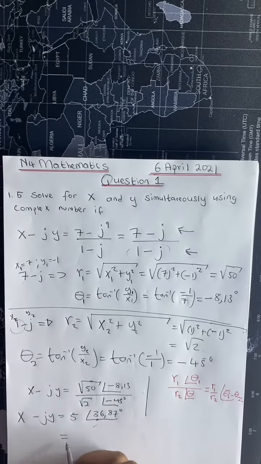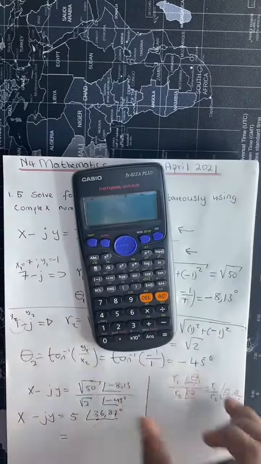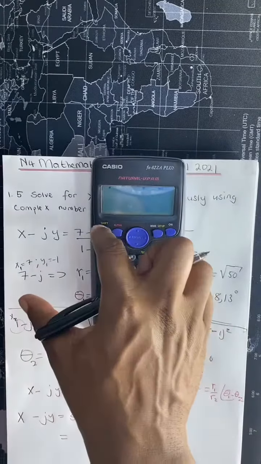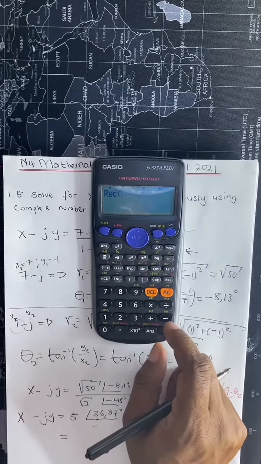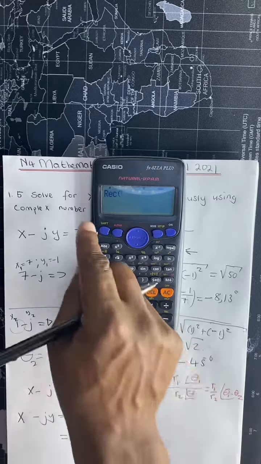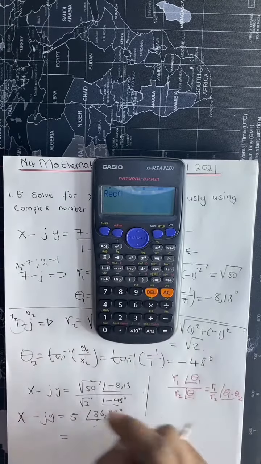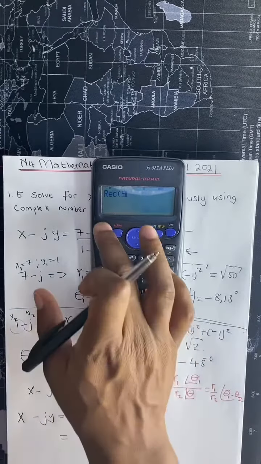So let's convert it back to rectangular form. Let's use our calculator this time around. So we press shift, the negative sign, on top of it has the rec for rectangular. So you press the shift, you press the negative sign, and we have our radius as 5,